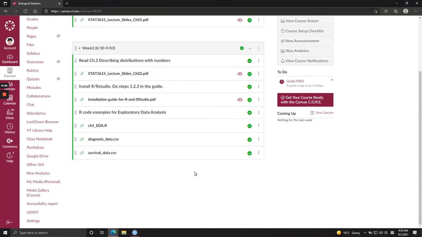Hello everyone, this is a tutorial for how to use R. We will look at how to load datasets into R and how to run some example codes. So go ahead and go onto Canvas, look under week 2, look under R code examples for exploratory data analysis,